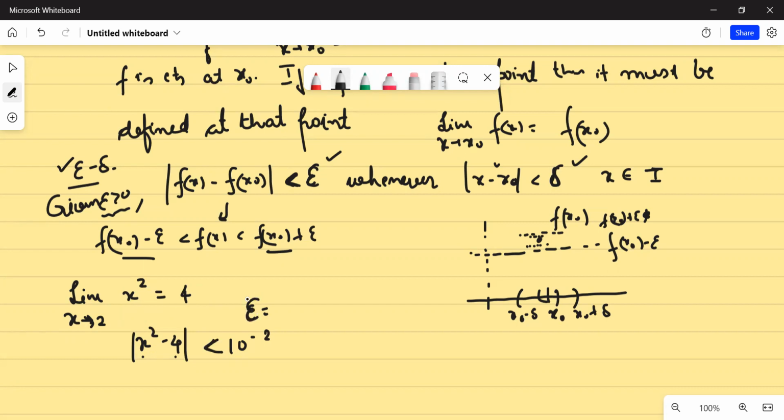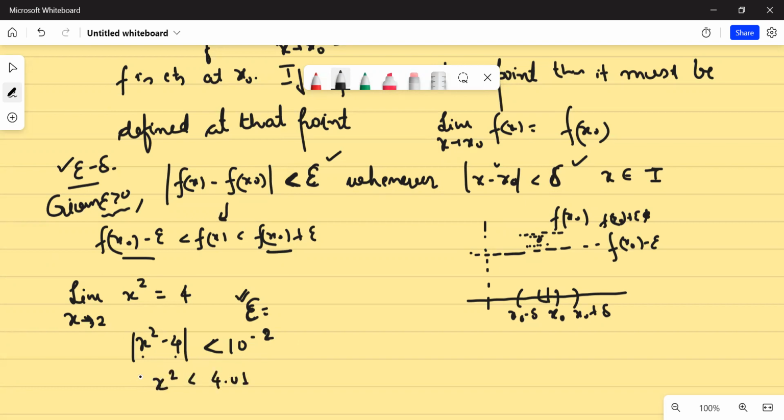And what is this as small as possible? This is given by epsilon. So you can take it as small as possible. So right now Harshit says, okay, I will have faith in you, provided you tell me that the distance of the function and the limit, that is 4, can be made less than 10 to the power minus 2. Okay, this is quite close, isn't it? The function and 4, so I'll say, okay, I can do it.